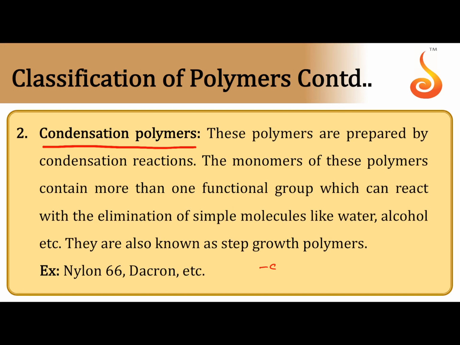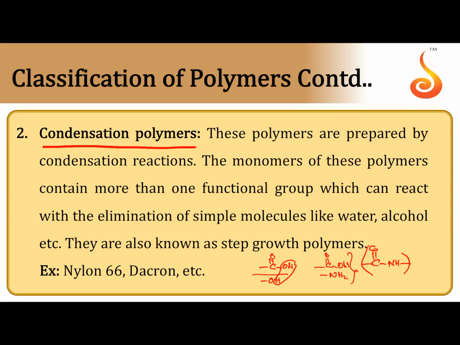So condensation polymerization is possible whenever polyfunctional monomers are present. In one monomer, suppose COOH and OH, both groups are present. When two such monomers come closer to each other, esterification takes place between them, forming polyester. Sometimes the monomer contains COOH and NH2 groups. Two types of functional groups are present in one monomer. When two such monomers come closer to each other, an amide bond is formed, CONH.